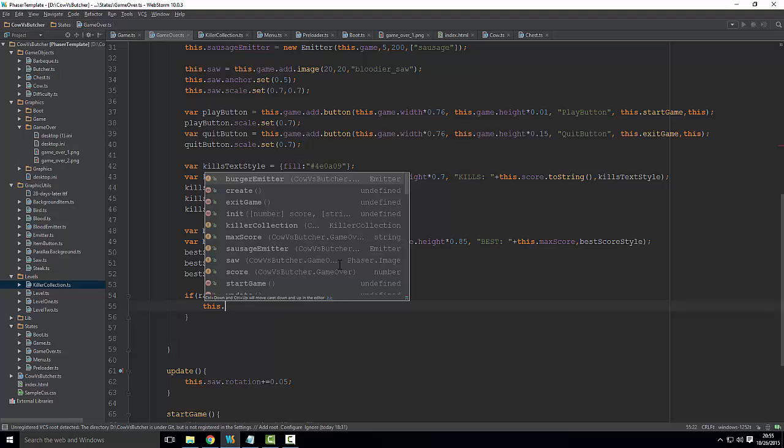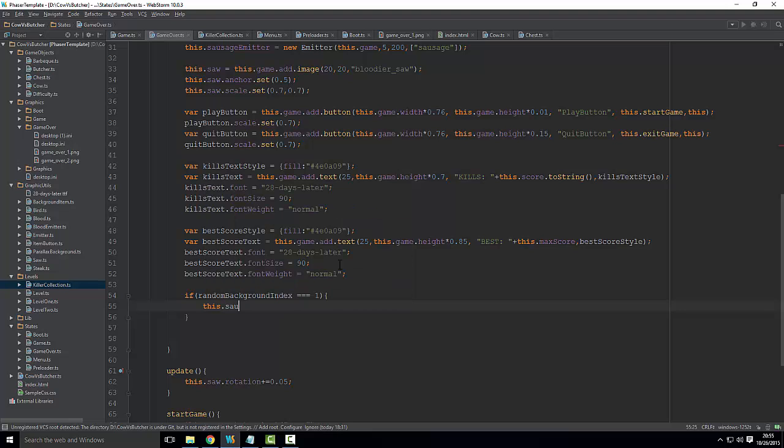Then we want to have this.sausage emitter.start, and let's see what we want to have here. So start it at, I don't know, 50, 50. Explode, I don't know, true. Lifespan 2000, quantity 2. Okay,